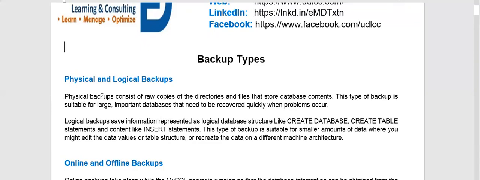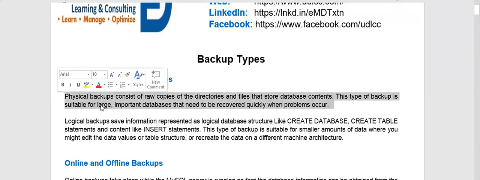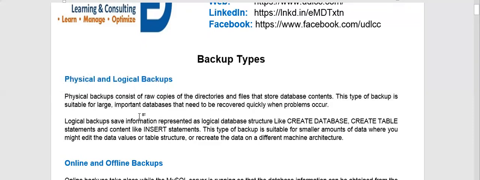So the physical backup consists of raw copies of directories and files that store database contents. This type of backup is suitable for large important databases that need to be recovered quickly when a problem occurs. What does it mean? This means when you do a physical backup, you will copy some directories of your database, like the data directory, and this kind of backup is suitable for large databases.